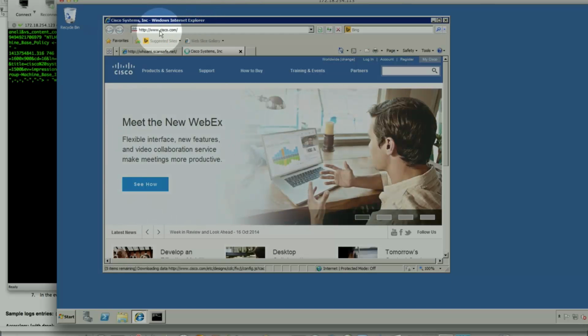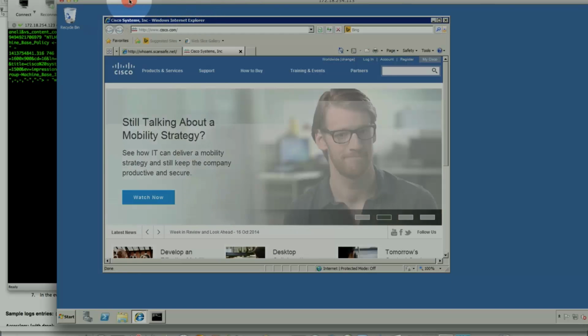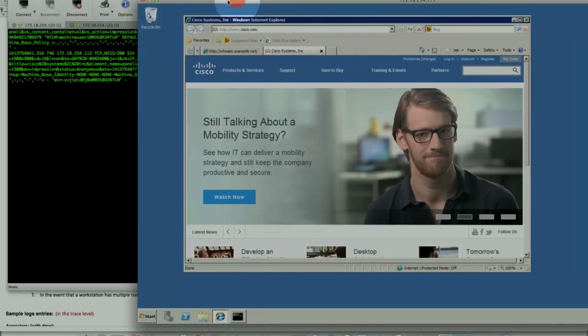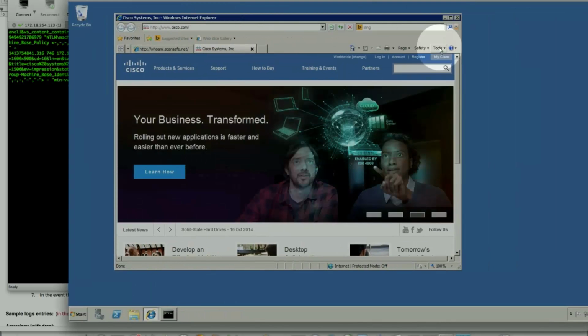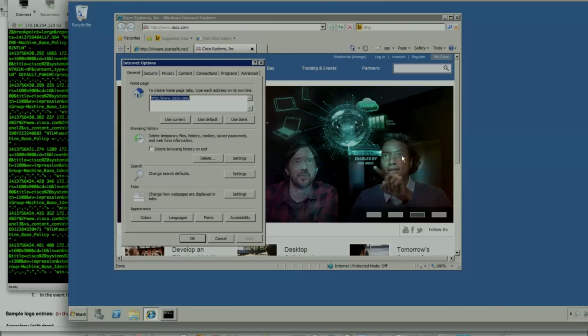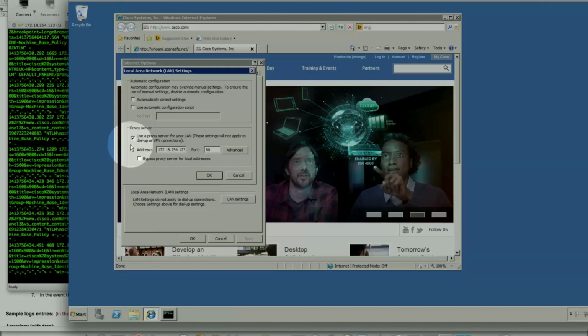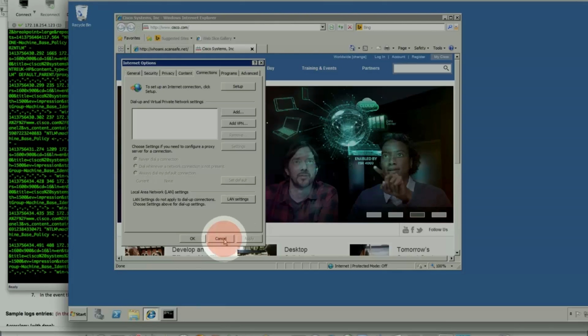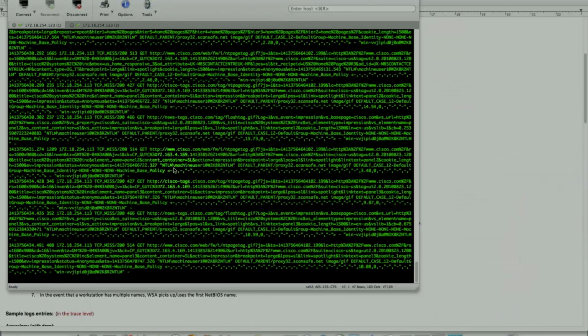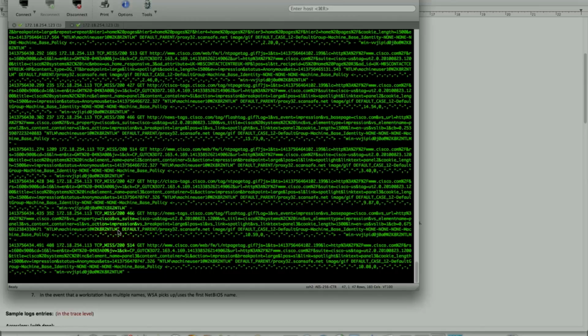So we'll go to www.cisco.com to refresh that page, and just to point it out, this test has been done, an explicit test. Connection, LAN setting, and I'm pointing to the Web Security Appliance that is deployed in connector mode explicitly here. So these are my access logs, and just to make it simple, probably we'll break it down here